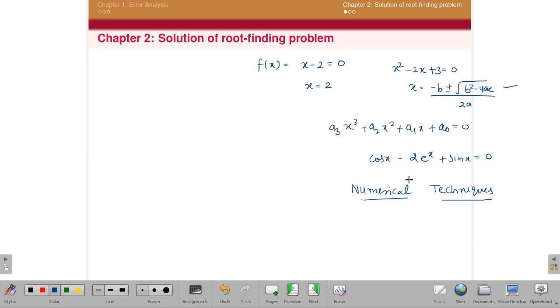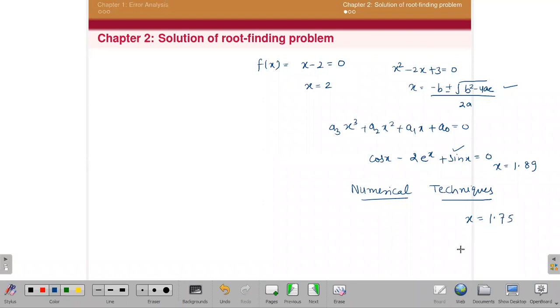So let us use these techniques to find the solution of such problems. But here, the benefit is that at least you have techniques to find the roots of such problems, but there are disadvantages also: you will get an approximate solution, not an exact solution. Suppose this is the transcendental equation I'm taking, and its exact solution is, suppose, 1.89. But by using numerical techniques, I may get